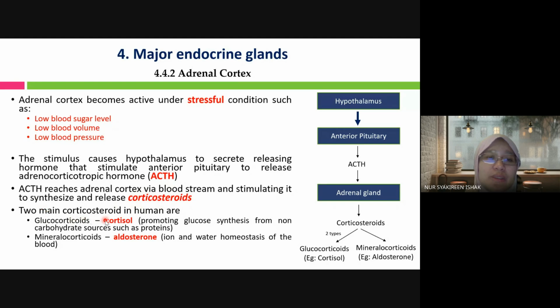Okay, so the two hormones are glucocorticoids, cortisol, which promotes glucose synthesis from non-carbohydrate source such as protein. So yang saya cerita tadi tu kan, orang yang macam contohnya dalam perang, dia kebuluh lama-lama, dia jadi kurus, very skinny, right? So sebab apa? Sebab dia dah tak ada sumber glycogen dah untuk breakdown untuk glucose, so dia pergi kepada muscle cell, which is proteins kan. So and then also fats tadi kan cerita